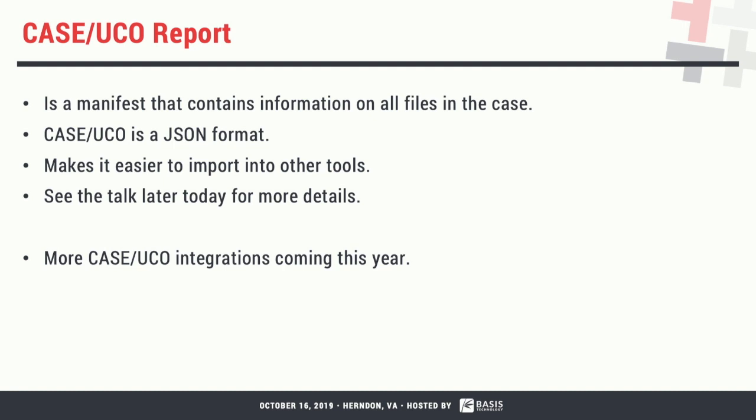There's now a Case UCO module. I believe I heard we were the first ones to actually make a Case UCO module. So we make this now. It's basically a manifest of every file on the drive. When you make this, we go through every file on the drive and make a JSON record for it that you can then import in other tools. The idea is to make it easy to share data between tools. Instead of all tools having their own proprietary formats and everyone having their own scraping algorithm to parse this tool's HTML or that tool's XML, a standardized format makes it easier to move data around.